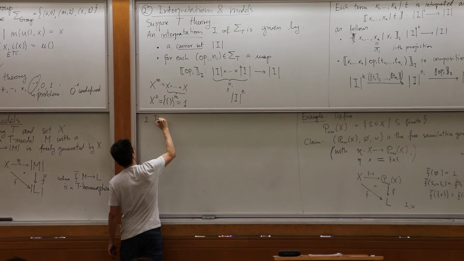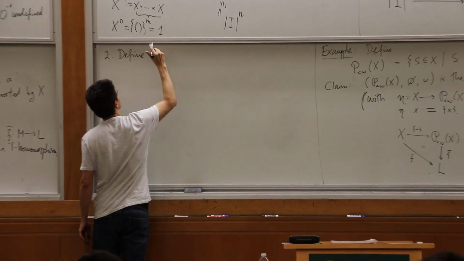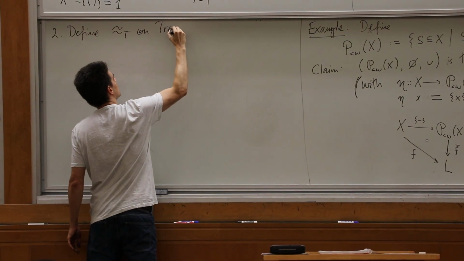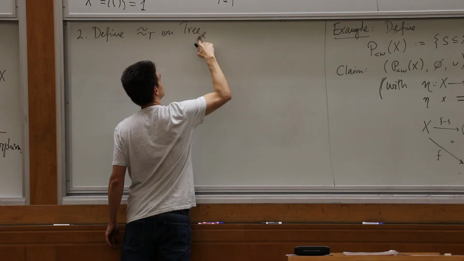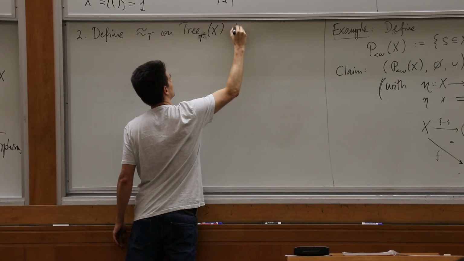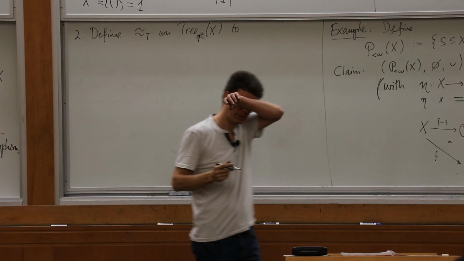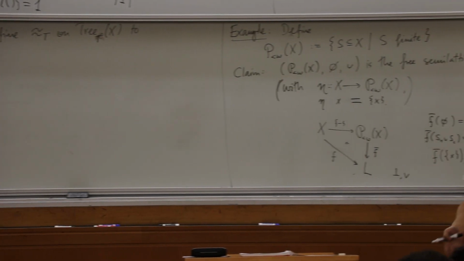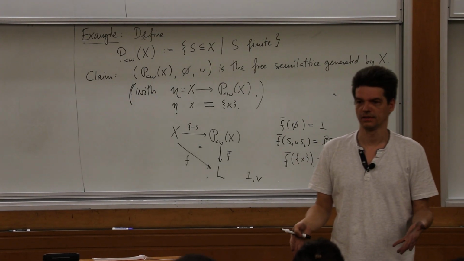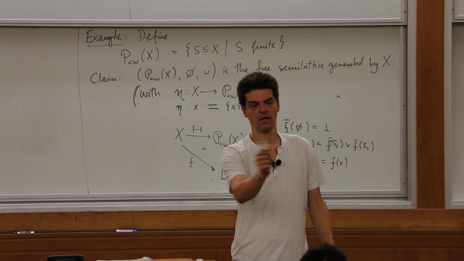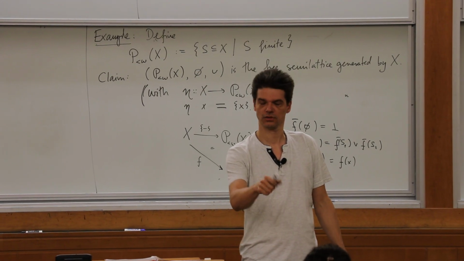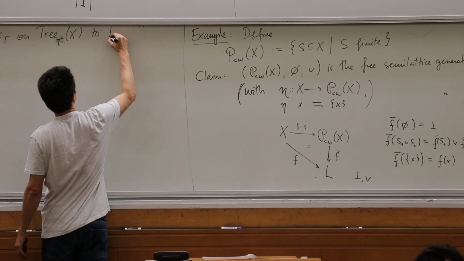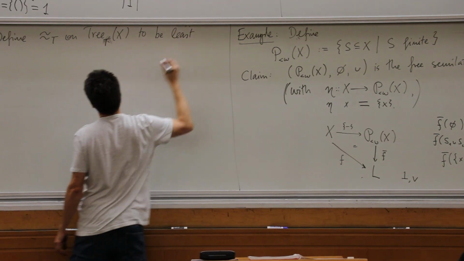So we define an equivalence relation, so some operation ~ on T_Σ X, to be what? Now, when you define an equivalence relation, there is a very nice thing. I can give you any relation and say the least equivalence relation generated by it. So whenever I write down some conditions that I wish on an equivalence relation, then I can say, take the least such. So to be the least equivalence relation